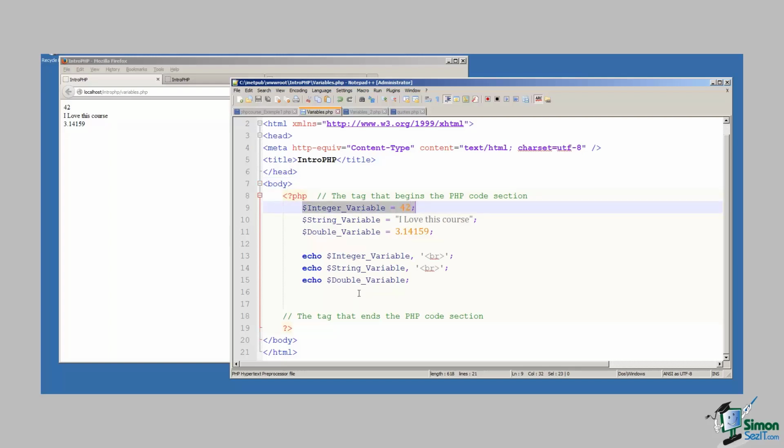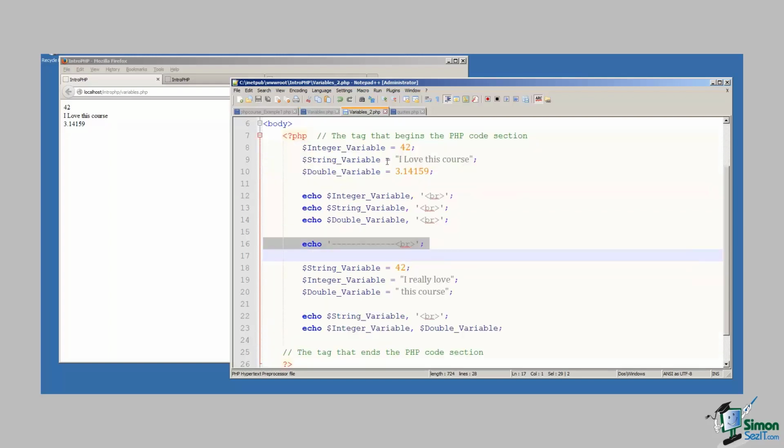The PHP plumbing, the underlying abstraction layer in PHP, does all of the hard work for us in going out and getting the memory, making sure it's the right size, getting the address of the memory, putting that value in the memory, and then down here, allowing us to retrieve that value simply by using the name. So very straightforward. And then to further demonstrate the flexibility of the variables in PHP, here again we have our